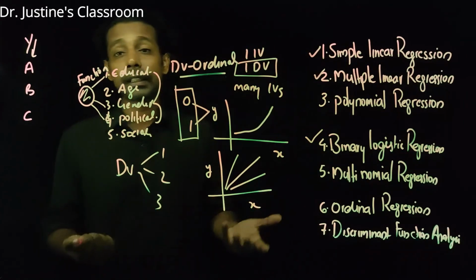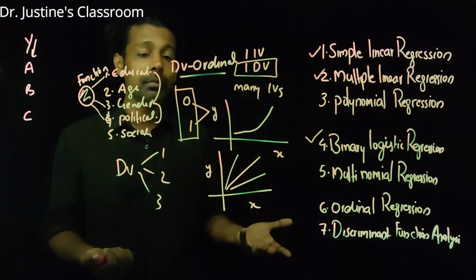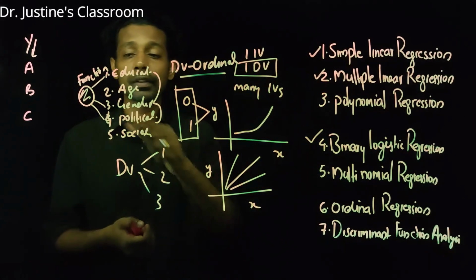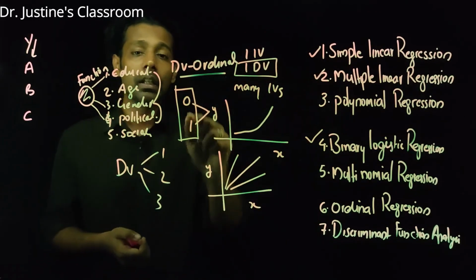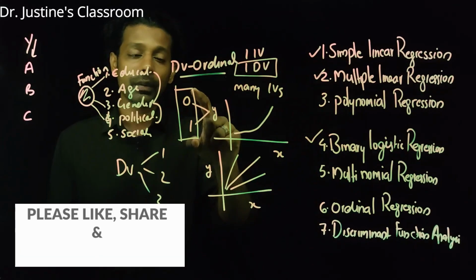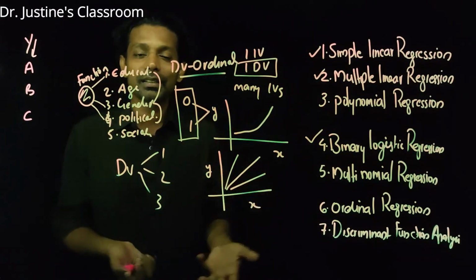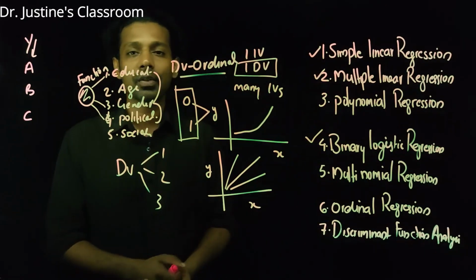But in the case of the NET exam, you may get some question where the question indicates that your dependent variable is nominal and has two levels, that is dichotomous, and you have a set of independent variables. You may be asked to decide which analysis has to be used.